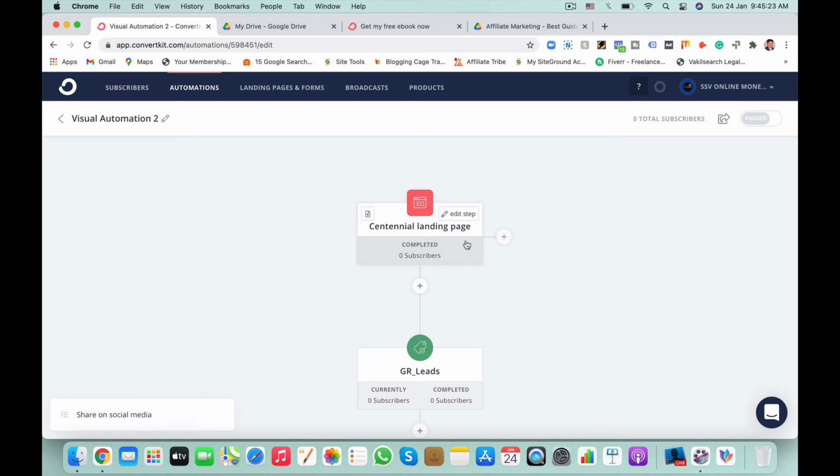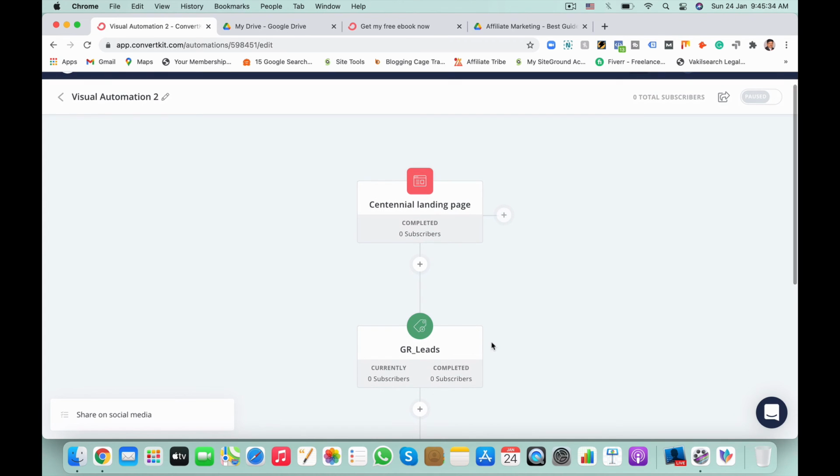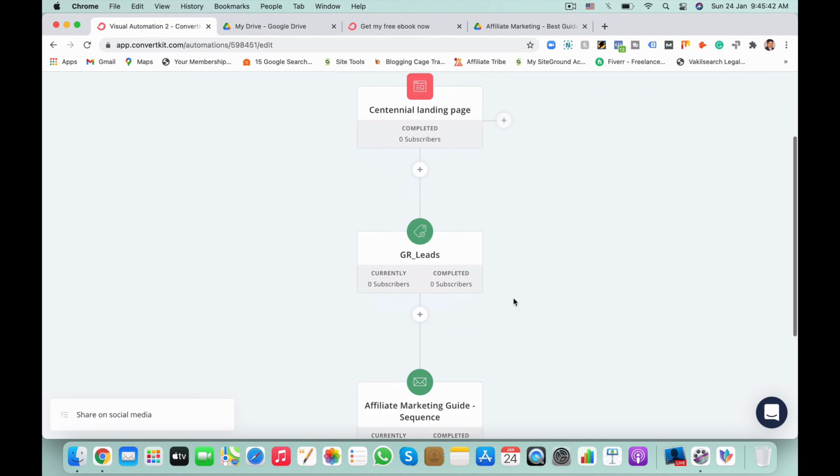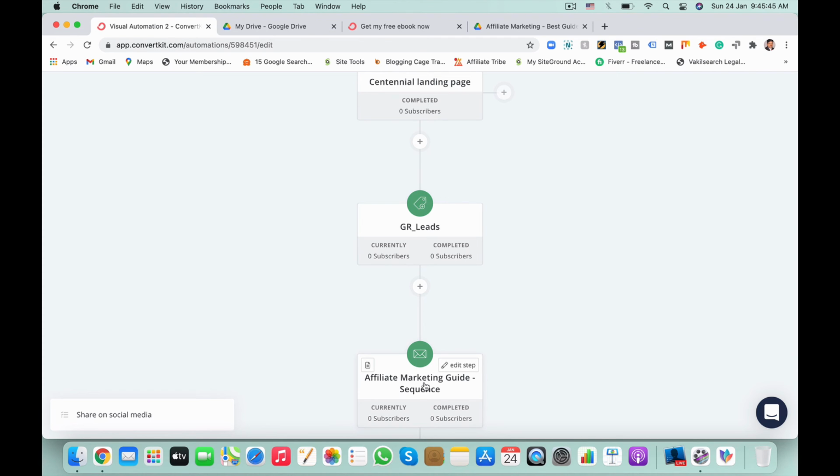Once the form has been submitted, the customer is tagged gr_leads, and once the subscriber has been added, we can send the email notification. In an email sequence you can create multiple emails, as many as you need, and send them to your clients.